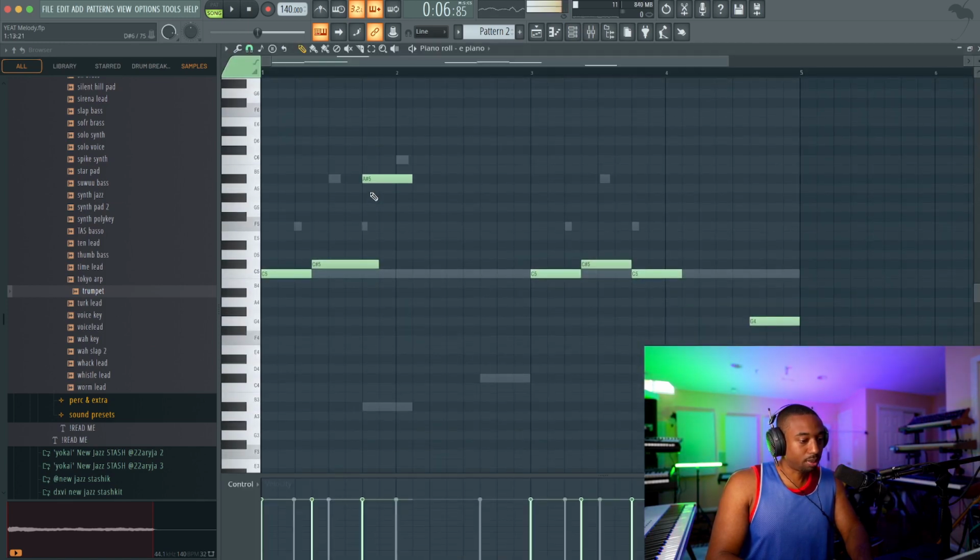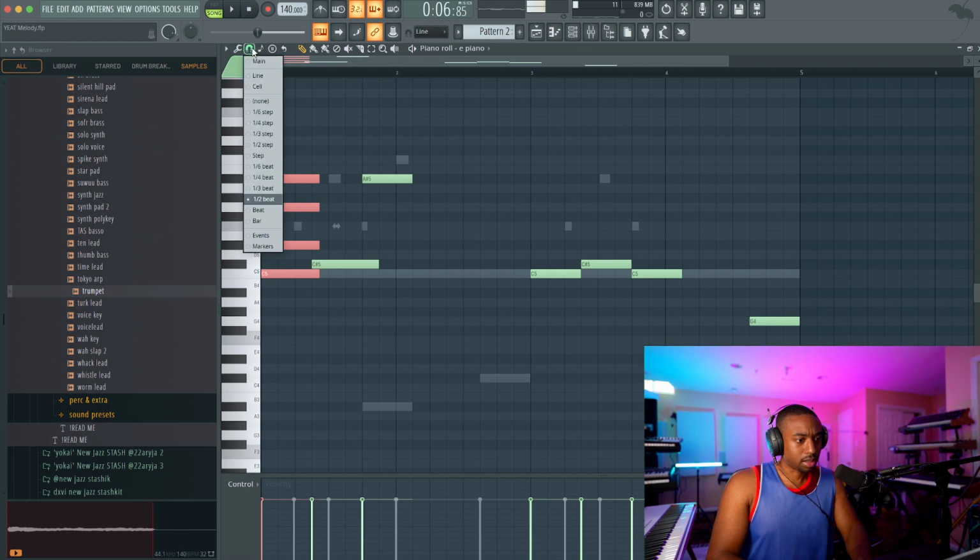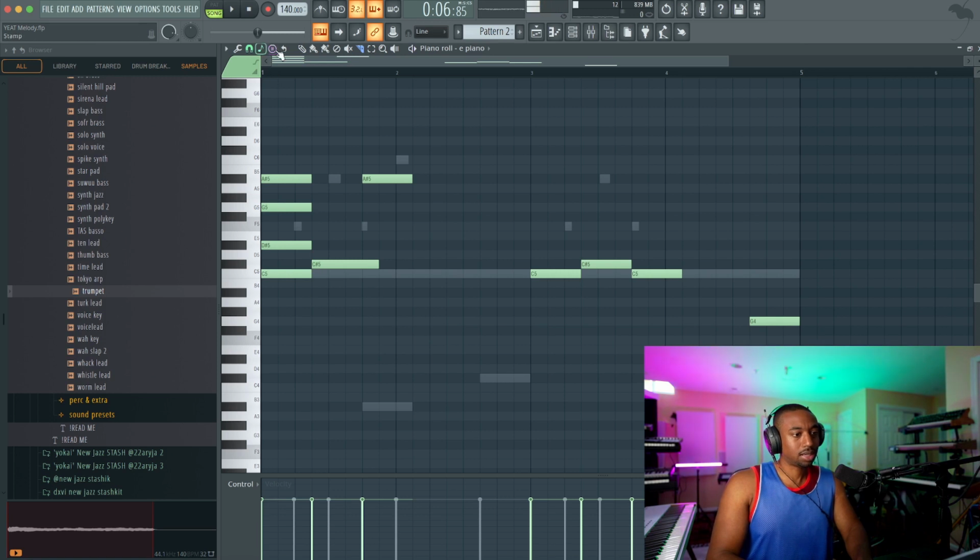Let's say you wanted to harmonize these chords, these melodies, I mean. What you could do is add in your chord type. In this case, a minor seventh is what I'll start with. And let me change my snap to grid here. Grab the slice tool, hit shift, right click to get rid of the excess. So let's say you want to take it to like a new jazz type of sound.